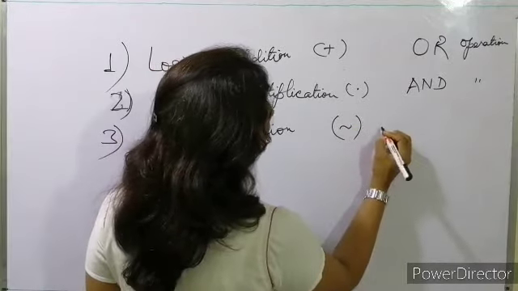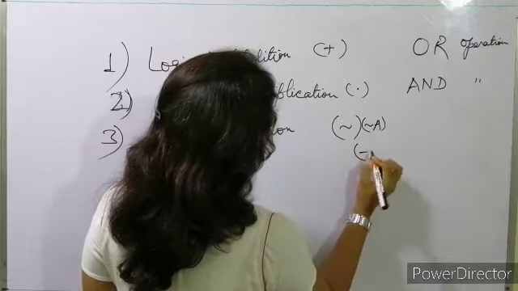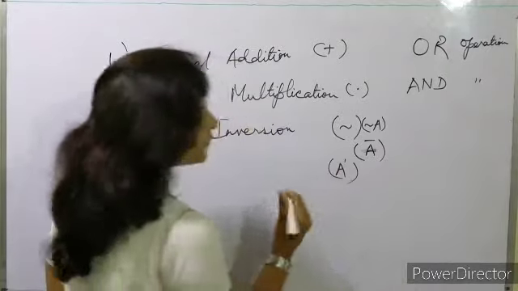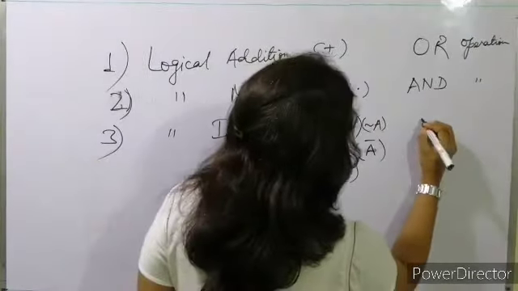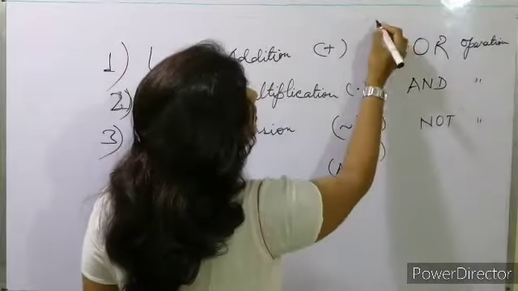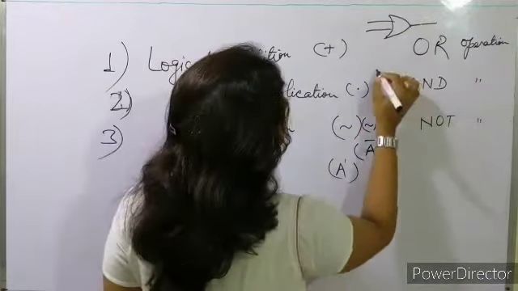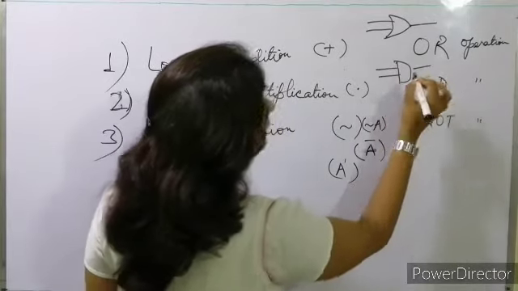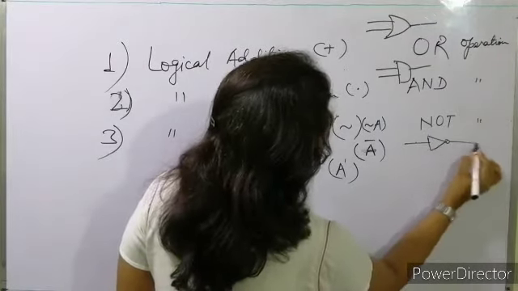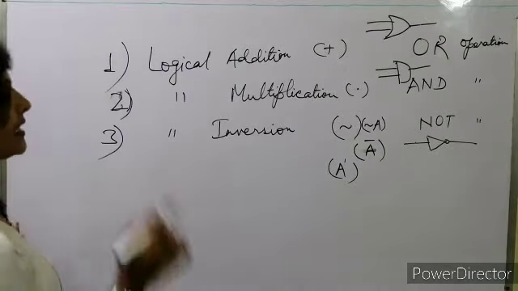Or we also write NOT with a bar above the variable, or just NOT. Here we are using the NOT operation. And the other operations: this is the OR operator, this is the AND operator, and for the NOT operator there is just one inverter. So these are the three basic operations in Boolean algebra.